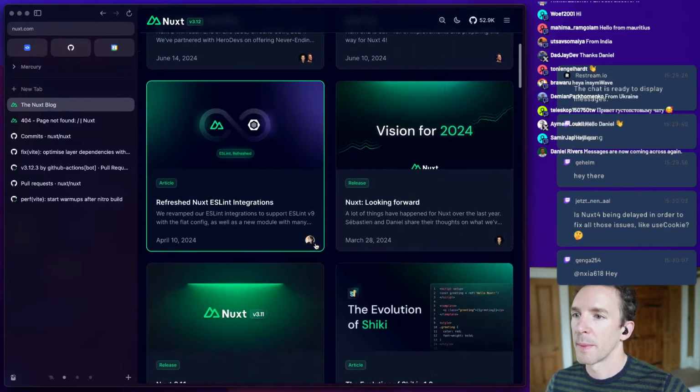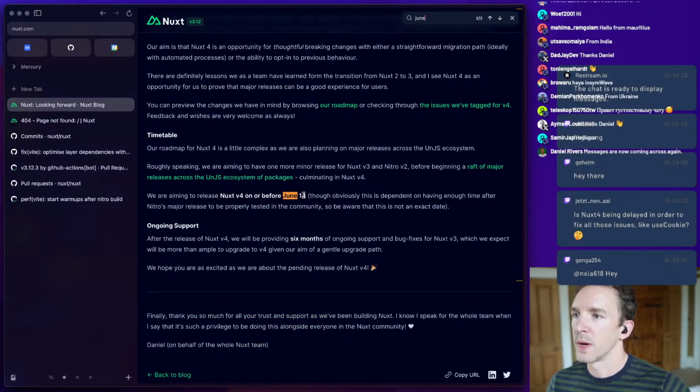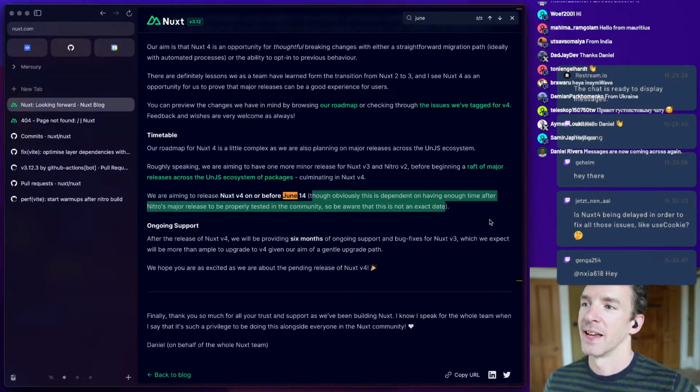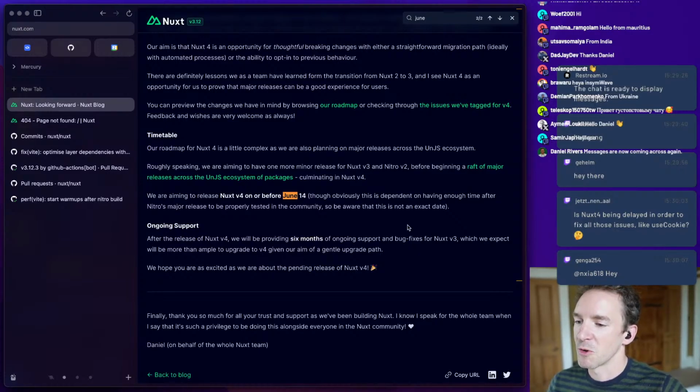And so we were talking about Nuxt 4, and we predicted originally that we would release on or before June 14th, but it's dependent on having enough time after Nitro's major release to be properly tested. And the big reason we haven't released Nuxt 4 is that Nitro hasn't been released. But there's a lot of work to do on that.